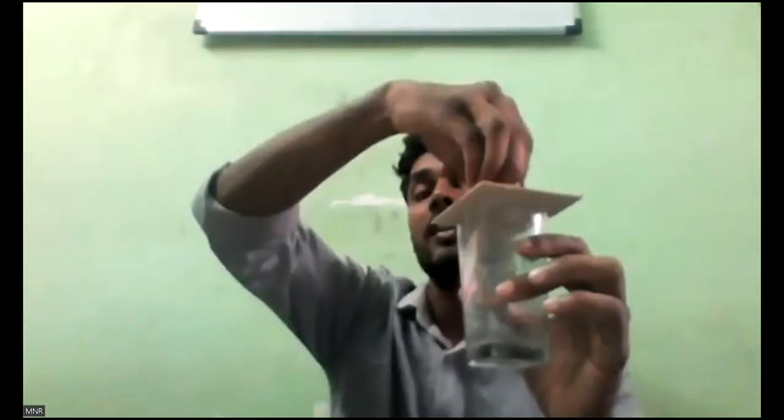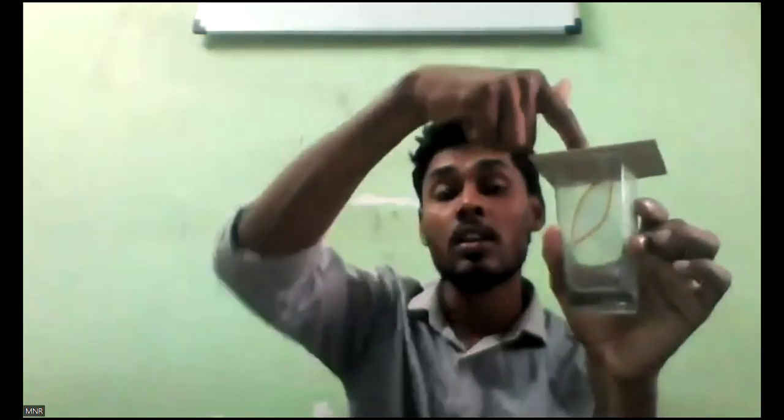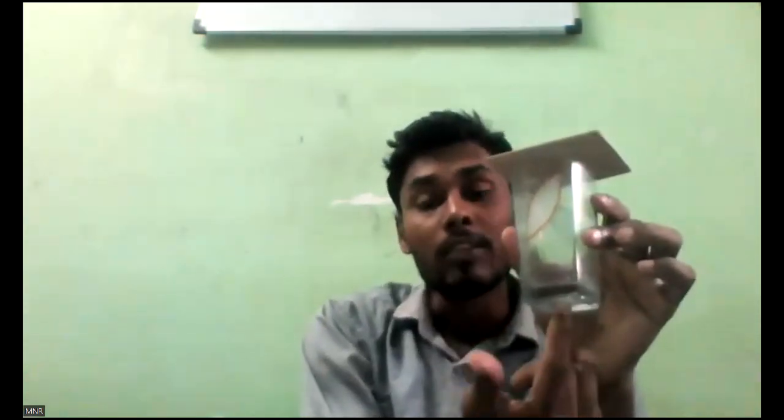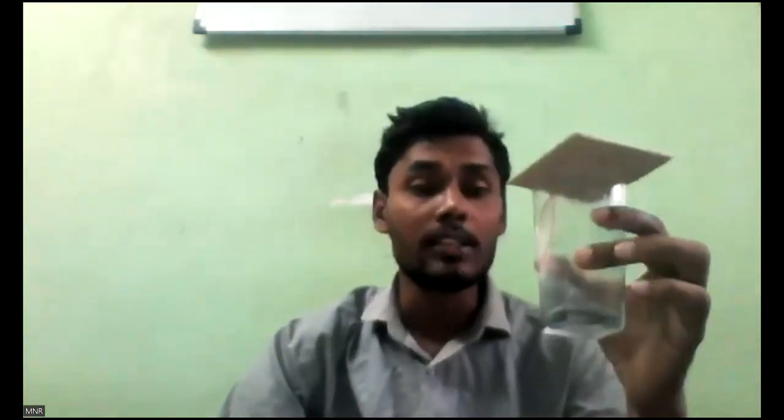Understand? Yes, sir. Now, I am trying to apply force to the cardboard card, not to the 5 rupee coin. So if I try to pull this cardboard card, the coin will maintain its state of rest. But when the card is removed, the coin will maintain the state of rest here only, so it will fall inside the cup. So that is what we can see very clearly.